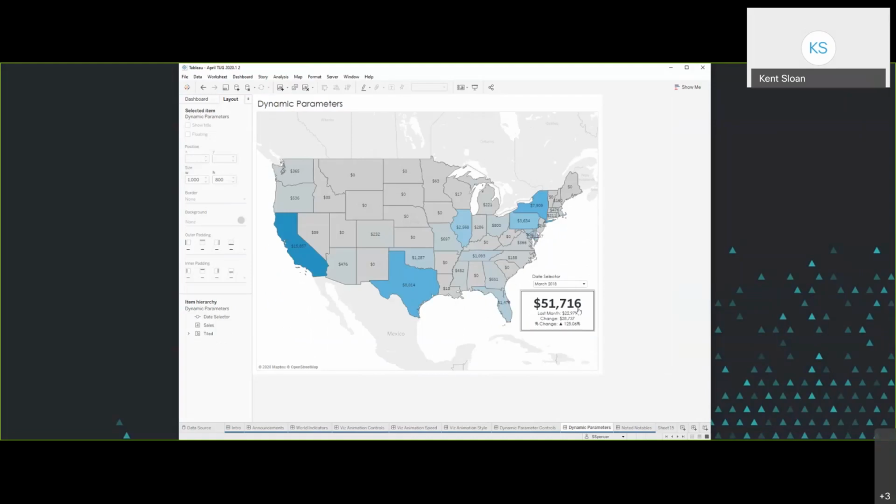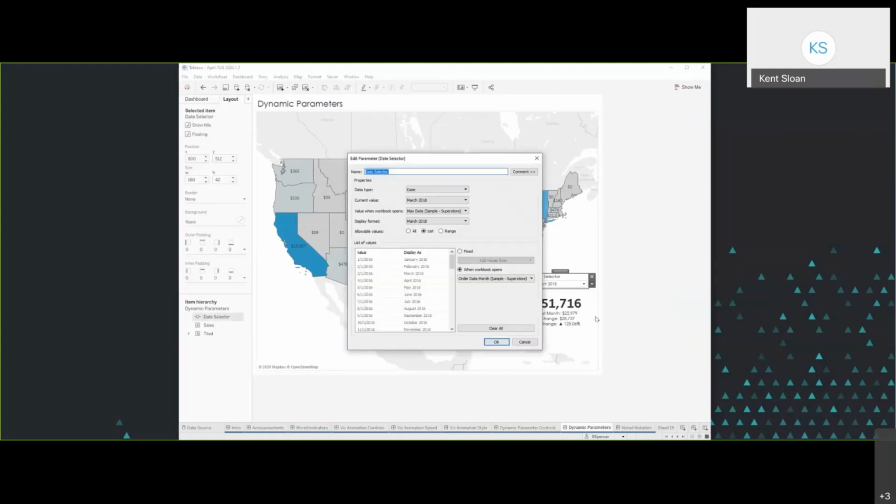We could do that through a calculation to identify what groups people are in. So that would be another handy use case: you could set a report to load a particular way for a group of people while still allowing them the ability to look at other potential views. So it defaults to what's relevant to them while still giving them access to other content. Whereas in the past, we've done that with row level security, but that locks them out of seeing the other potential splits in the report. Yeah, so you would use a calculated field to identify a user's group, and set that to the value when the workbook opens.